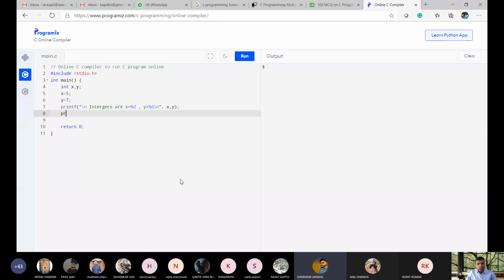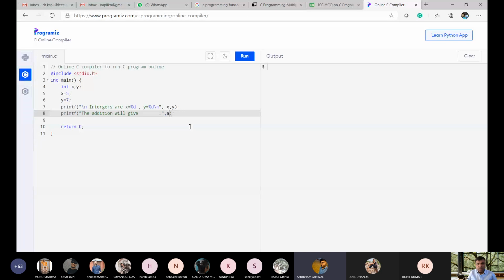And printf, how many printfs does it require? So the next operation is addition. The addition will give, followed by this. This place is okay, and then what is the addition?